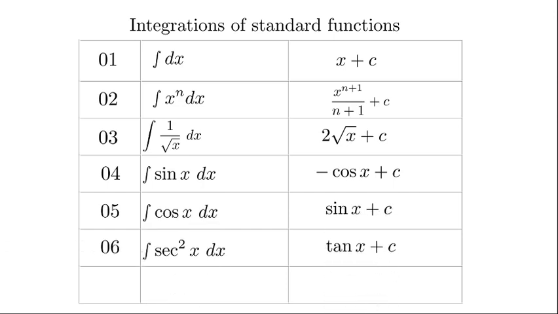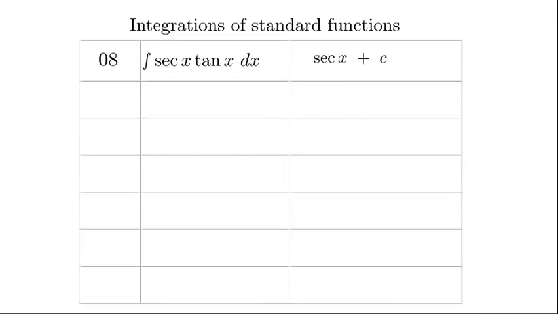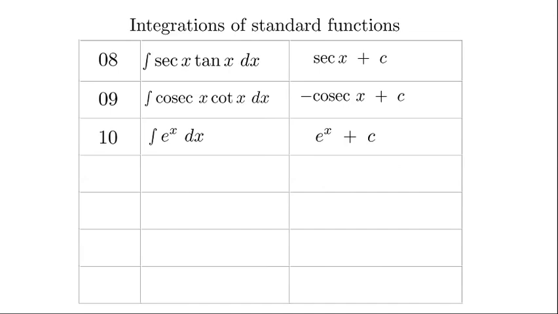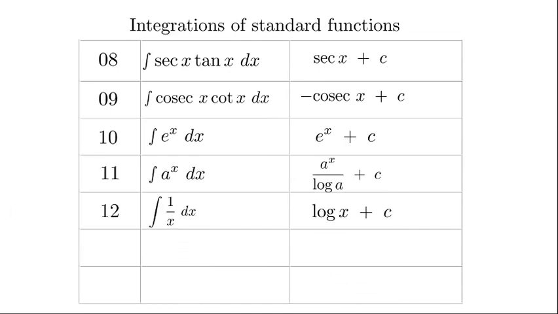These formulae are nothing but the direct consequence of derivatives. If you note carefully, if you differentiate the right hand side of this function, that gives the left hand side function. These are the very basic formulae of integration, and up to 12 they are the direct consequences of derivatives and the basic functions. From 13 onwards we will come across the composite functions.